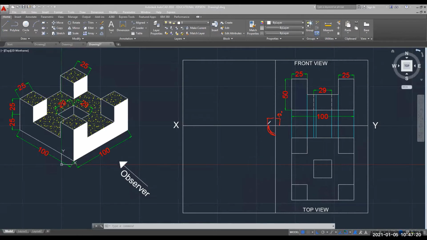This is 90 degrees. But if you bisect it, you will get 45 here. So what will you get? 90, 90, 180, and 180 plus 45, 225. Very good. So I want to draw a line which is at an angle of 225 degrees. I want to use the polar coordinate system.